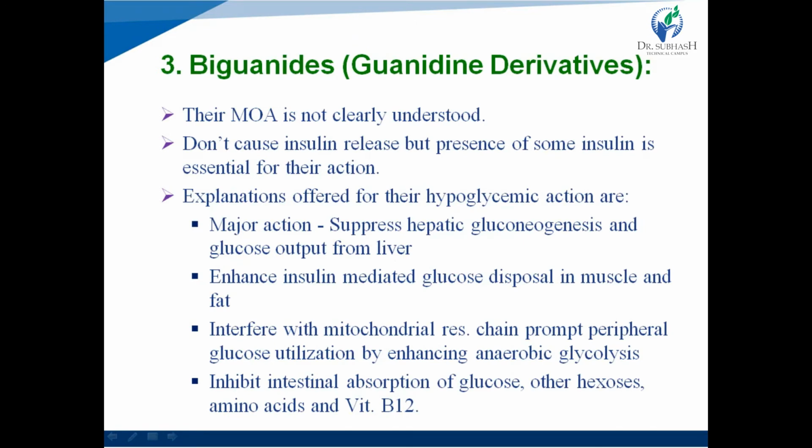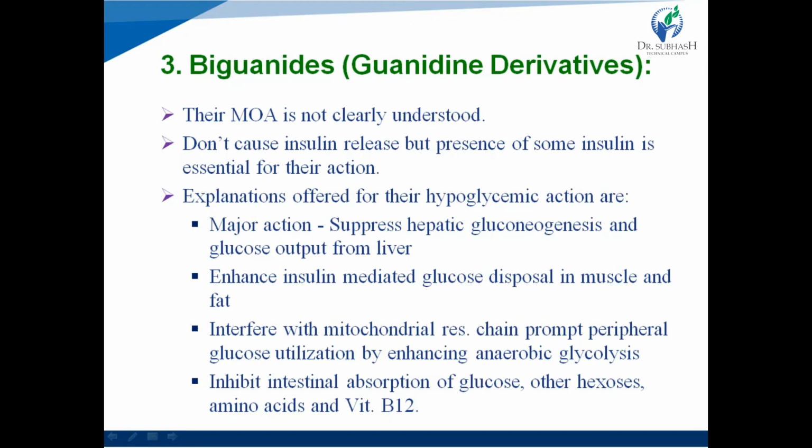Third class is biguanides, also known as guanidine derivatives. This is the class of insulin sensitizers, meaning it enhances the sensitivity of insulin. It does not enhance release or secretion of insulin, it enhances the sensitivity of insulin. Its mechanism of action is still not clearly understood, but the explanations offered for their hypoglycemic action are: